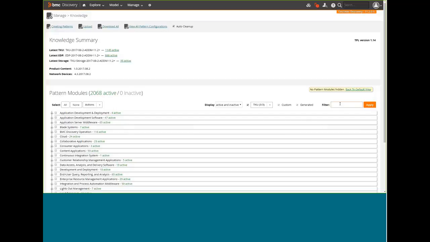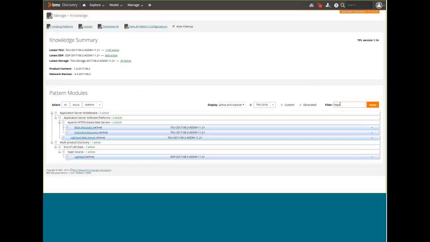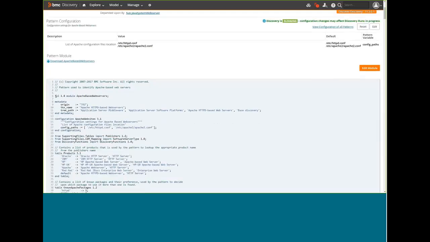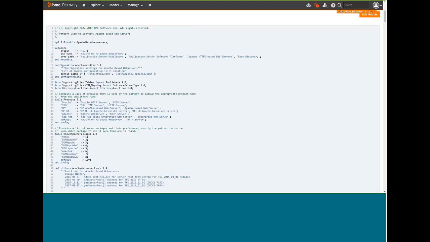If we have a look at just one of them, let's use that HTTPD example, that Apache web server. There are a few different patterns here that refer to the Apache web server. Here's the base one. This is an example of what we call TPL. It's the pattern language. It's a little bit like Python maybe, but it's how you write your patterns. Now, this is a built-in pattern. It's particularly complex. You don't typically end up having to write patterns like this at all,